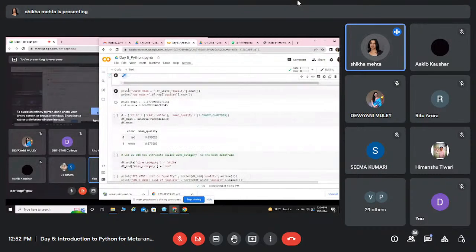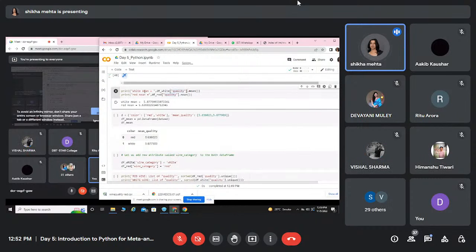So we want to compute the mean for the white wine and the red wine. So here you can see print for the quality, right? Here we have computed the mean value of the quality for the white wine data and the mean value of the quality parameter for the red wine data. So here both the values are around 5.8 and 5.8. That means a similar kind of distribution of data is there in both the data sets. Now